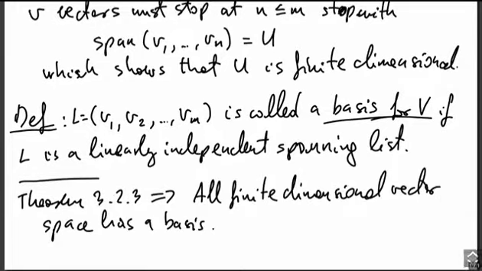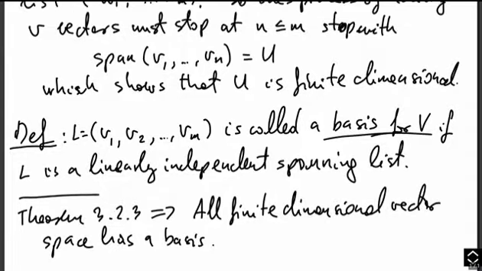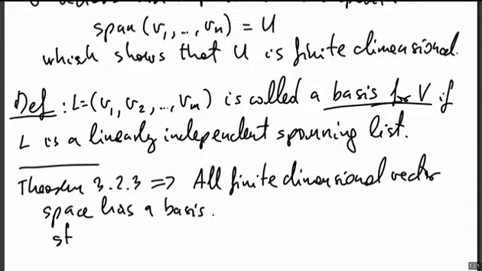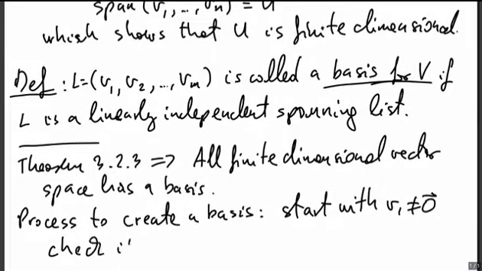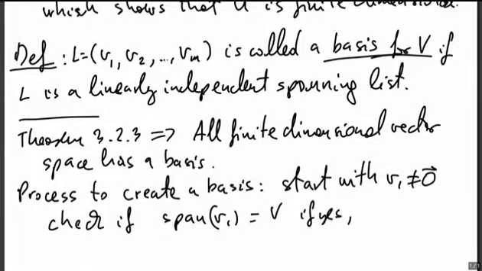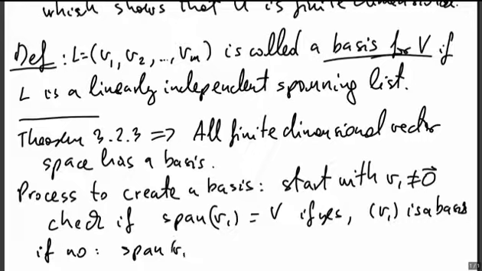We just start with a non-zero vector and then we keep adding vectors, and at some point we get a spanning list. That's the process to create a basis. Start with V1 not equal to the zero vector. Check if the span of V1 equals the vector space V. If yes, then V1 is a basis, and if no, that means the span of V1 is not the whole